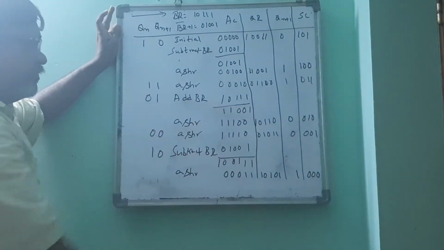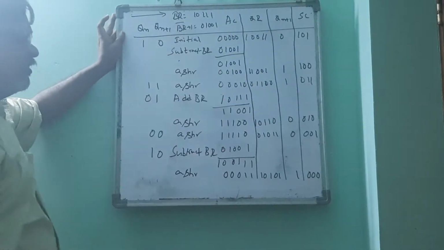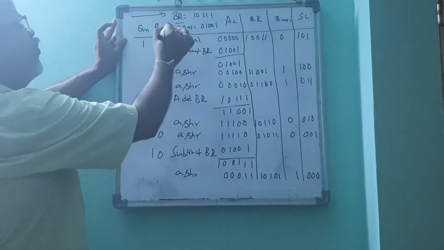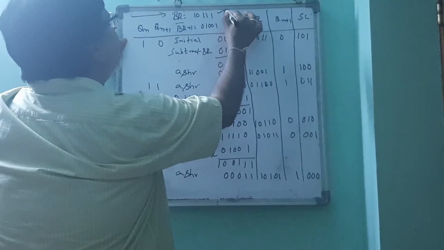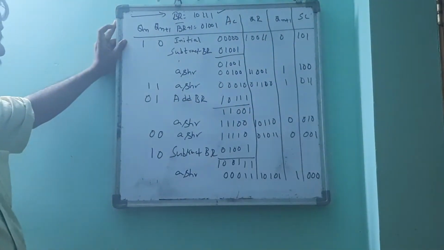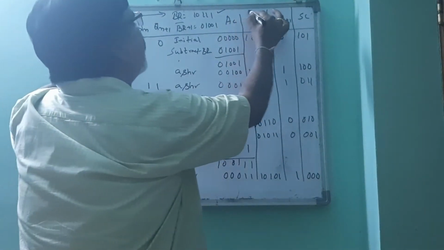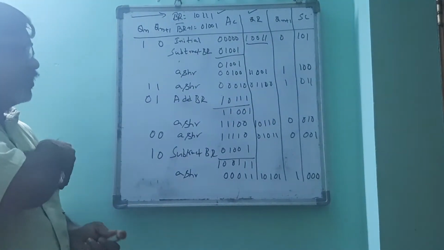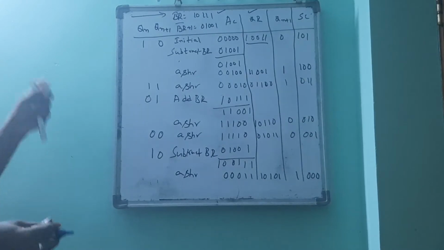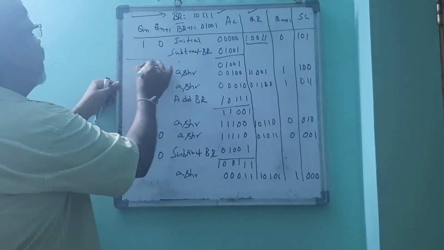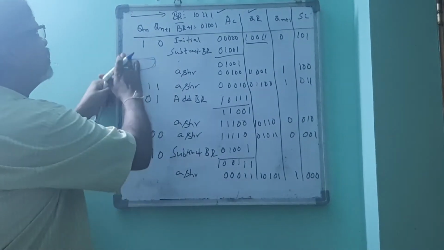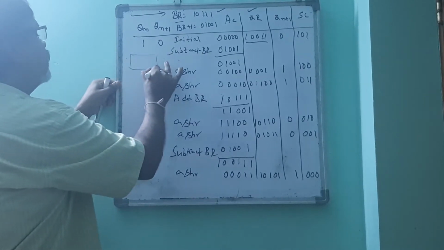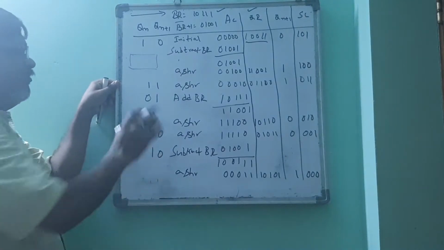Here I have given you a clear, detailed picture about the example. One input value is there in register BR, and the second input value is there in register QR. These are the two input values, as we have done in the flowchart with the input symbol, and the second symbol of the flowchart is the initialization of your variables.